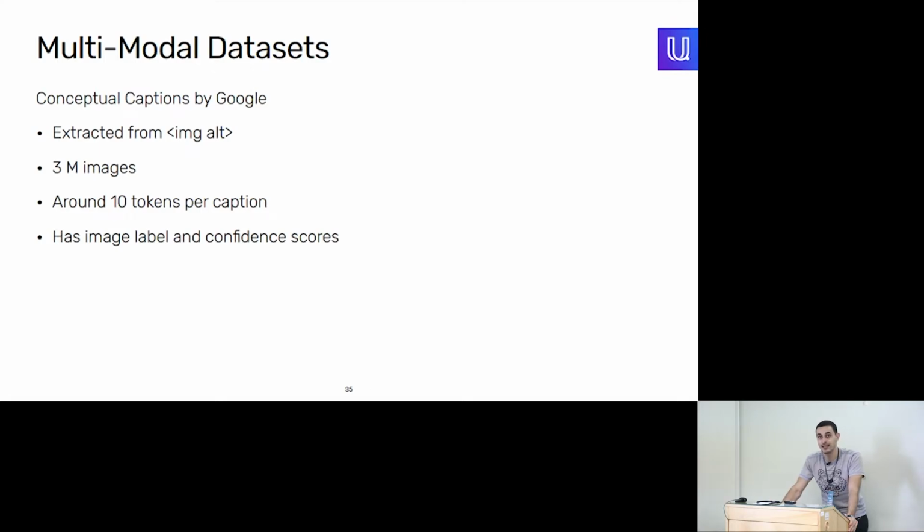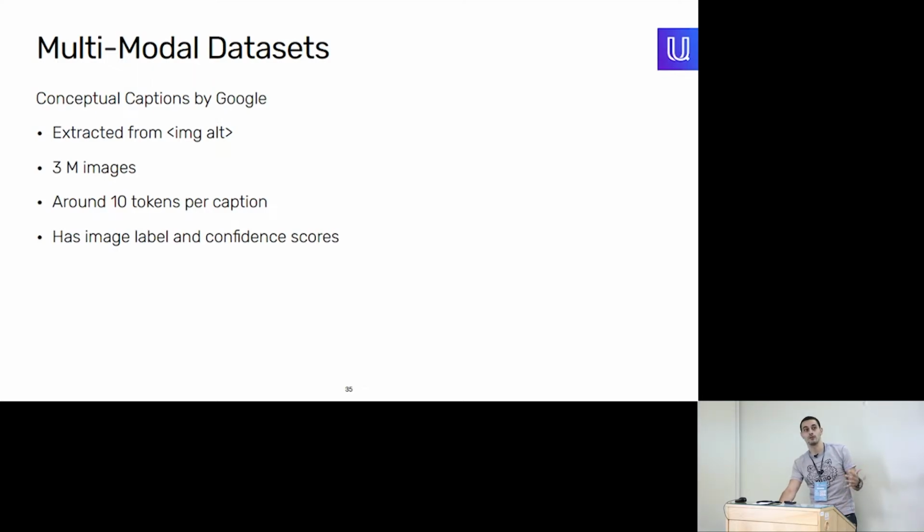We've immediately outgrown the abilities of those tiny things. So I guess it makes sense to introduce Conceptual Captions by Google. Those are 3 million images. They are taken from basic internet crawls. So as it often happens, we just take a dump of HTML files. We parse them with, let's say, something like Beautiful Soup. We find image tags, and within them we find the alternative text properties. And this is even the most basic form of how you can do it.